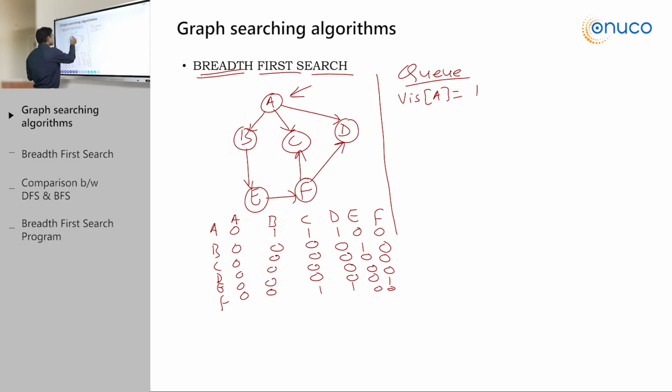So A to B, A to C and A to D we have. So we will have one queue. This is a queue array, and since A to B, A to C and A